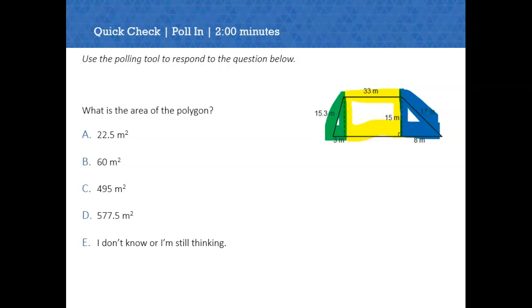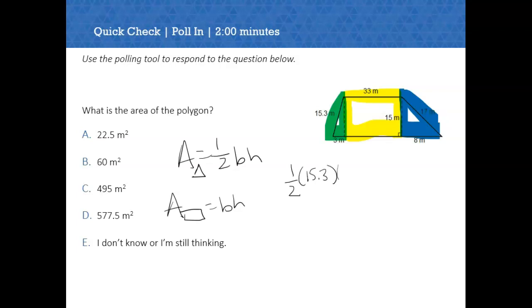So let's look at this right triangle over here. The area of a triangle is 1/2 base times height. That's for a triangle. The area of the rectangle is just base times height, or length times width. So let's look at this first triangle. We would have 1/2 times 15.3 times 3, plus the area of this rectangle, which is 33 times 15, length times width, plus this other triangle, 1/2 base 8 times